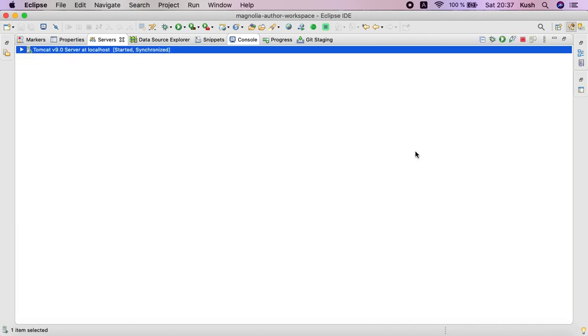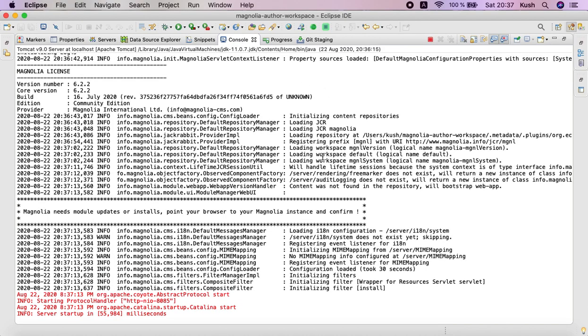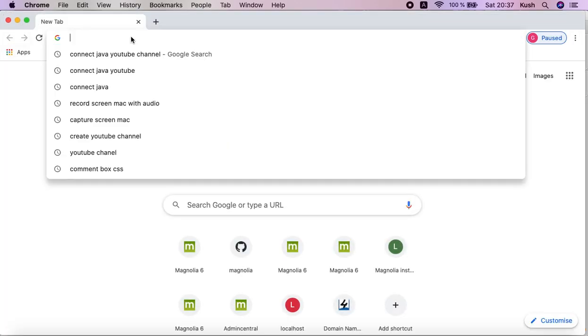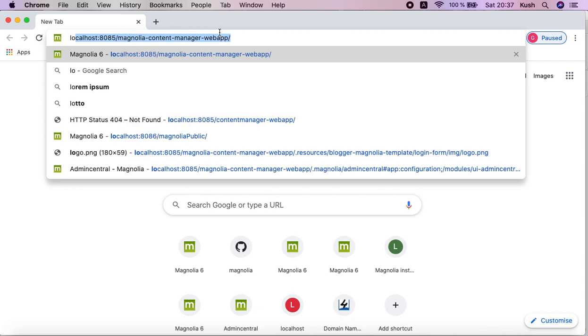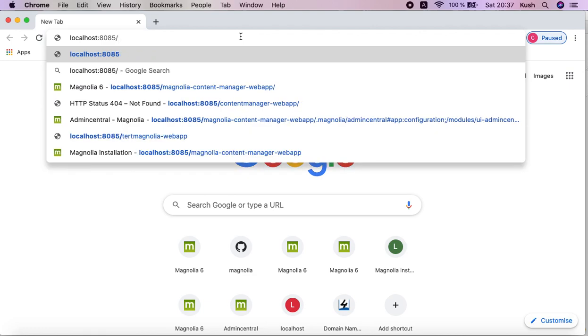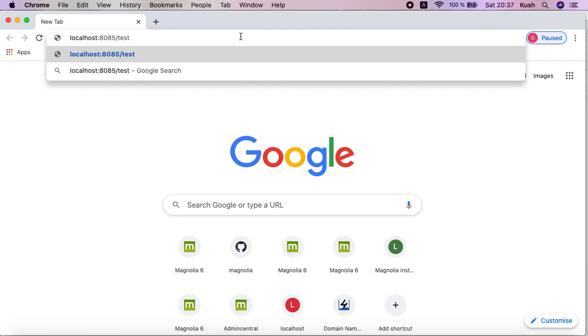So here you can see our Tomcat server, it is started successfully. Even we can also see here in the console it is started. And now I will go to the browser, and I will write localhost 8085, and then test magnolia hyphen web.